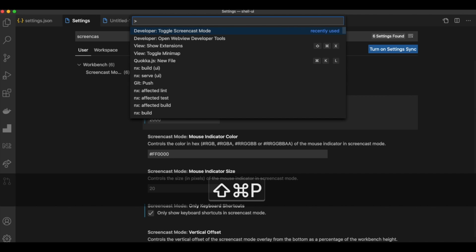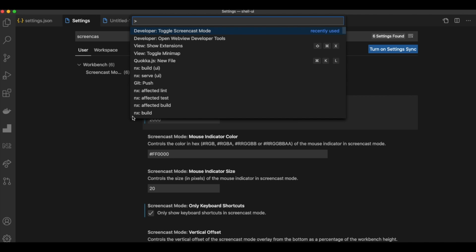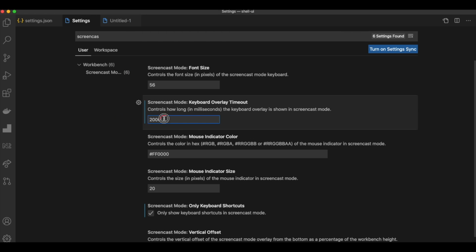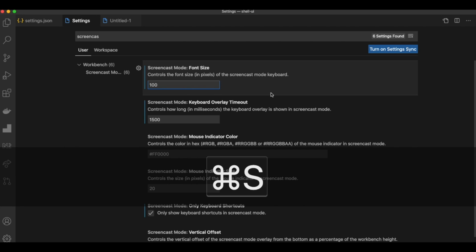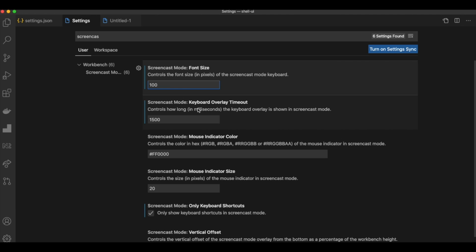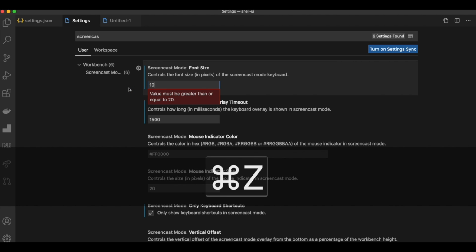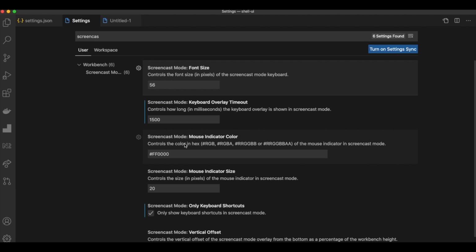So if I press it, it will take 2 seconds. After that, it will go out. I will revert it. You have also the font size. So again, you see the size of the font is bigger, and you have options here to change the mouse indicator color,